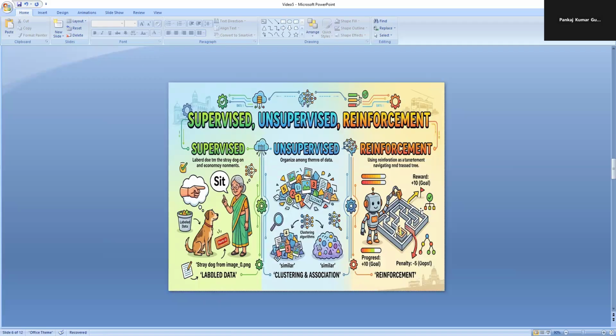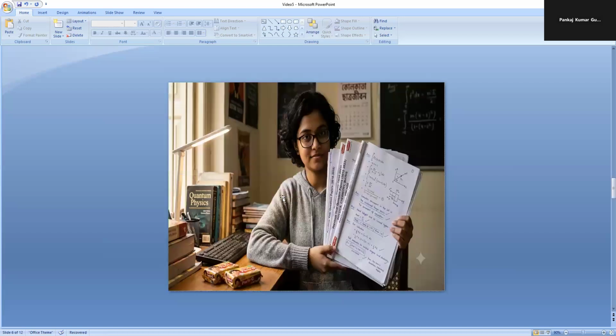There are three main type of machine learning. Think of them as different level in a video game. The first one is the supervised learning. In this type, we give computer an answer key, that is a label data. It is like when you solve 10 years of previous board exam question paper before you give your finals and you know the correct answer of those questions.